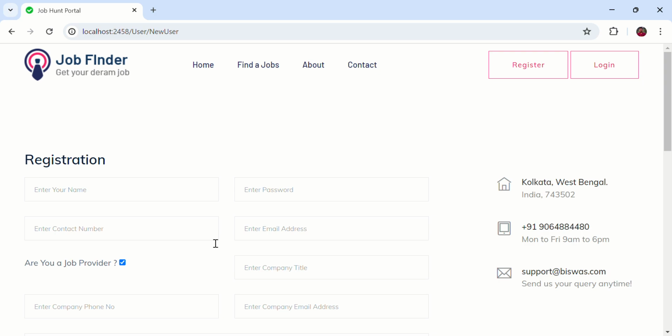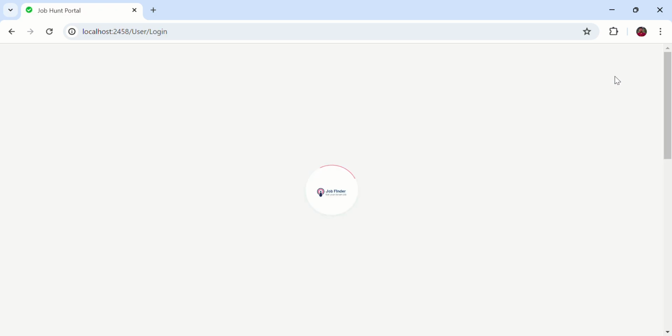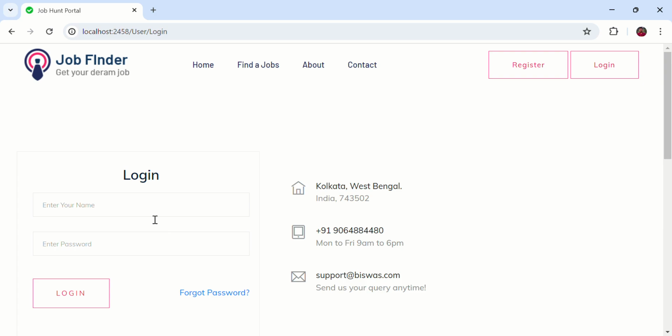Now I will go to the login part. So this is the normal login page. I will enter my name. I have already registered some of the users. So currently I am logging in as a job seeker. So for demonstration,